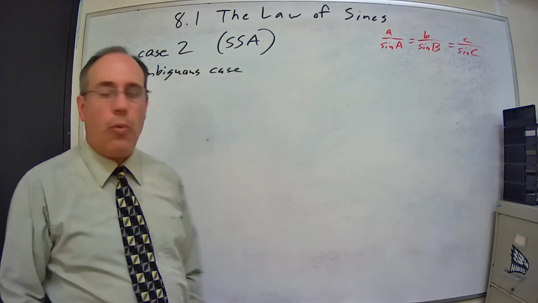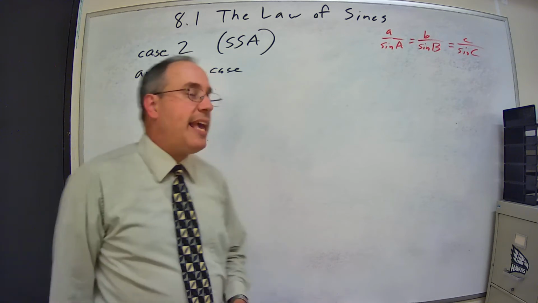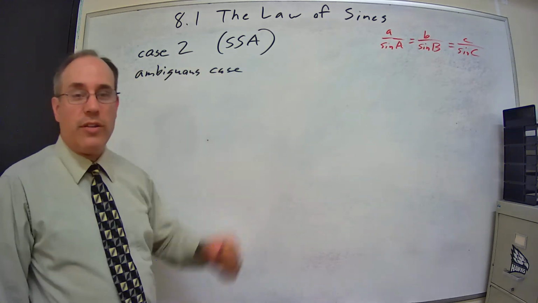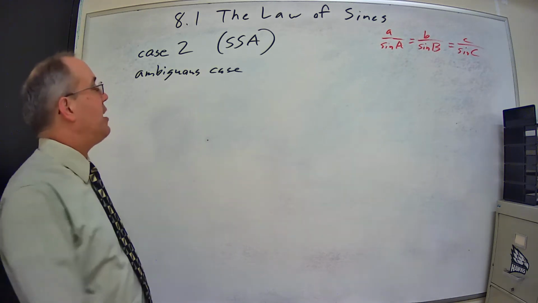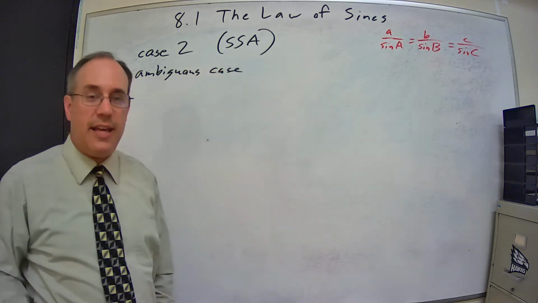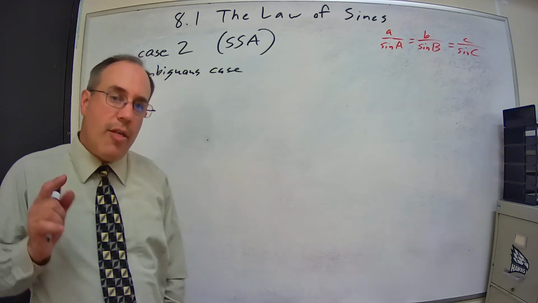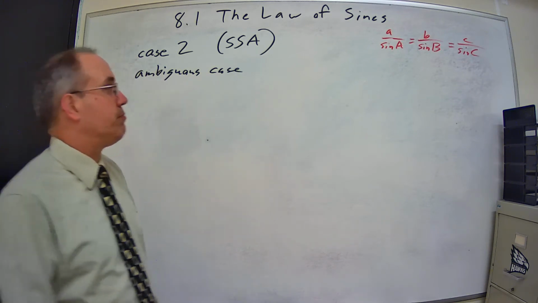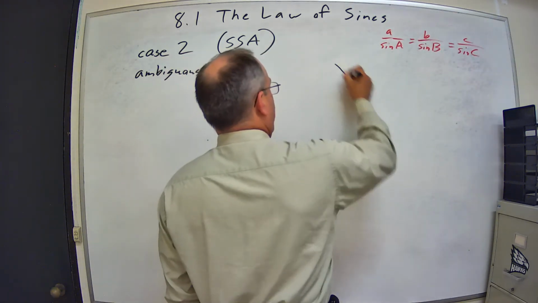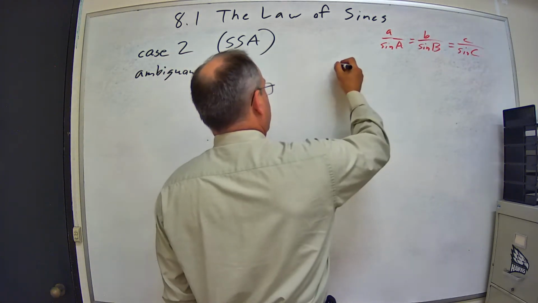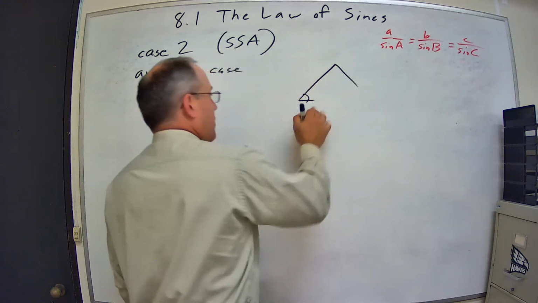And you may ask, why is it known as the ambiguous case? That's because case 2 runs into some issues. Because we have two sides and an angle opposite one of those sides, we don't have the angle in between, three different things can occur. One, we could have a side, an angle,